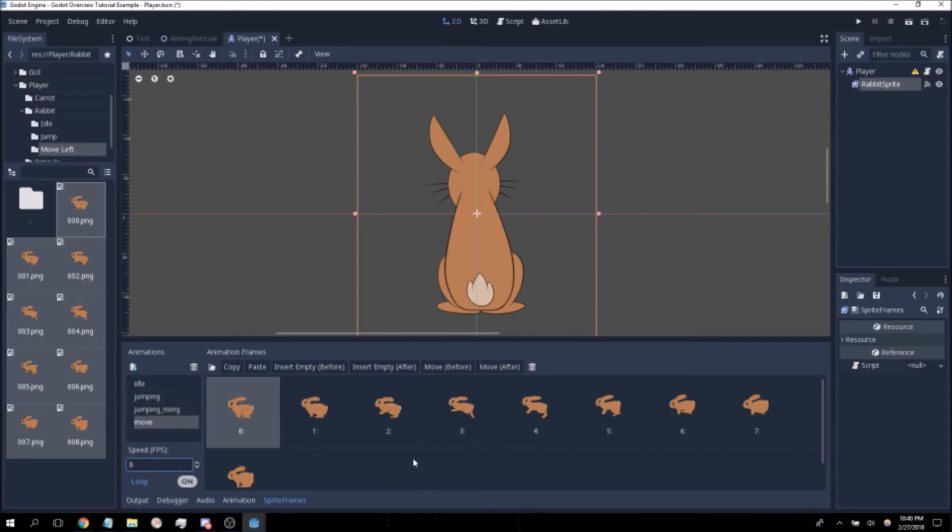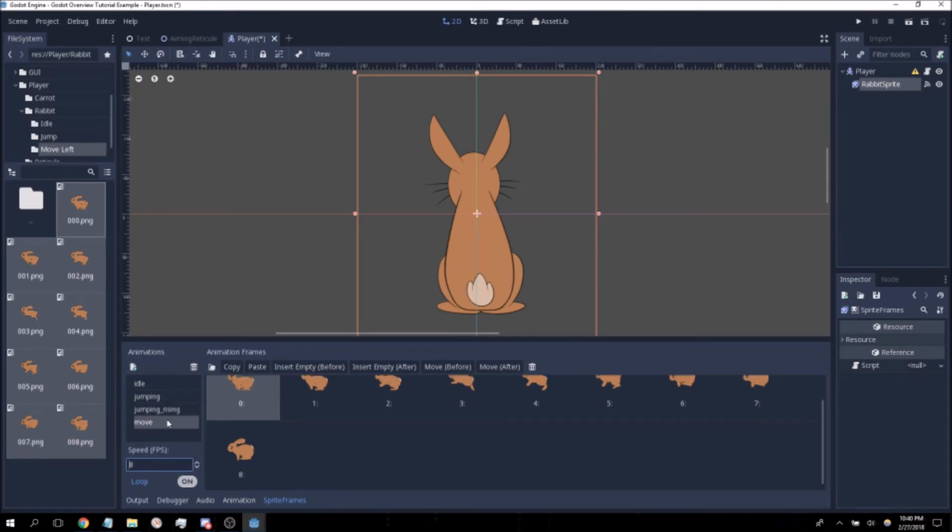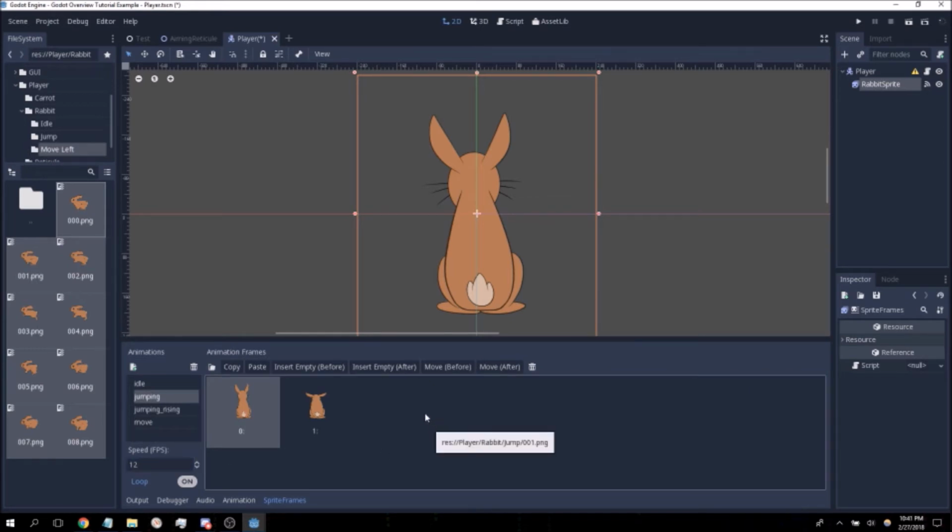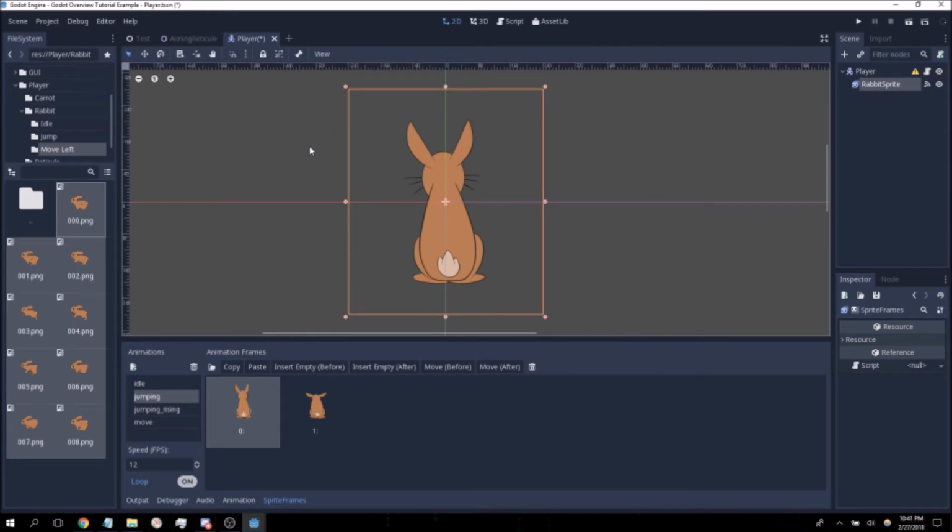You would decide this on your own, of course. Keep loop on here. For the jumping one, 12, because we want that to feel a little bit faster. So now that is out of the way, the next thing that we're going to need to do is, because the player is going to be